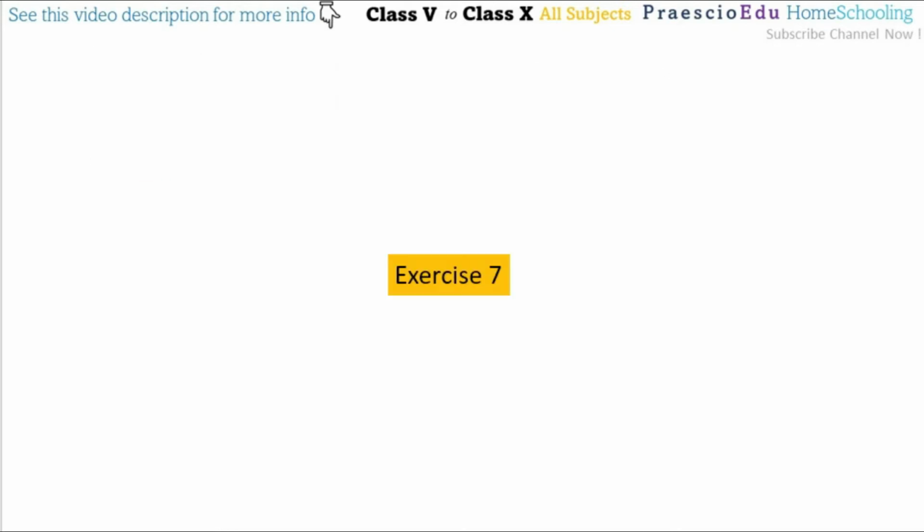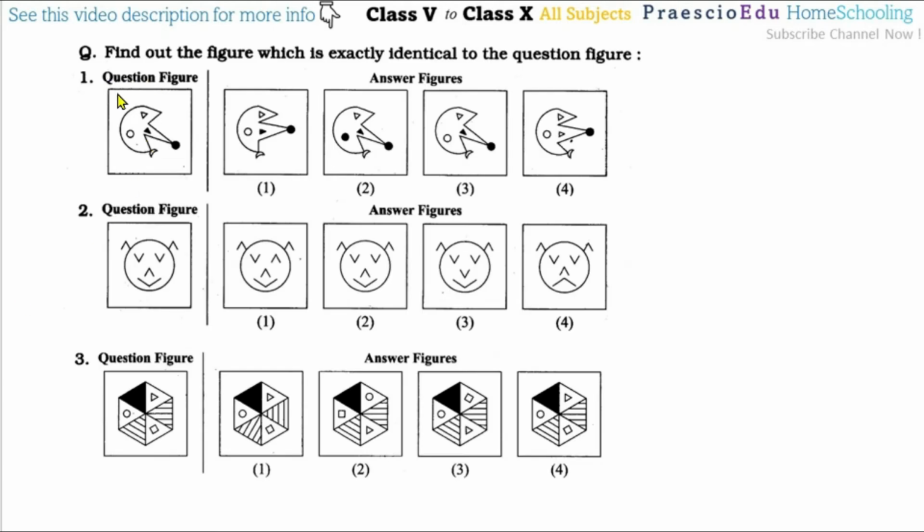Now we are going to see the exercise. So exercise question number 1 is there. As per this one, there is a small triangle, a solid triangle and circles. If you observe this one, here the solid is incorrect, but here this is somewhat downward, but this is horizontal, so this is incorrect, this is also horizontal, this is incorrect. So 1, 2 and 4 are incorrect. Now only option number 3, if you observe 1, 2, 3 small shapes, yes, this is also perfect, and this is also matching. So overall option number 3 is perfectly matching.